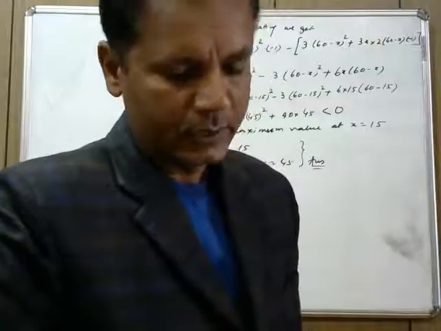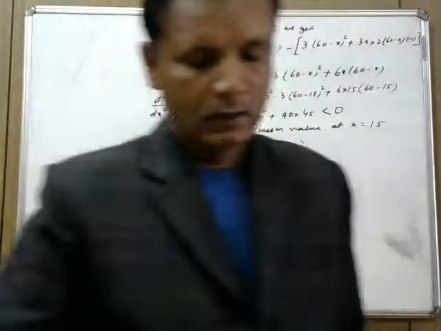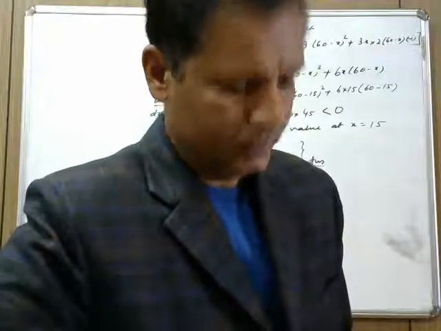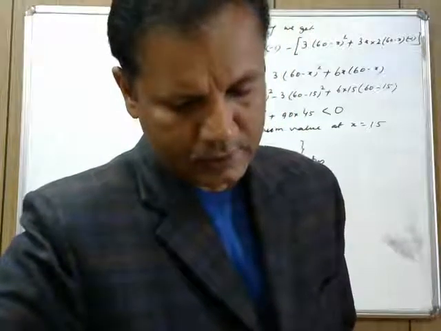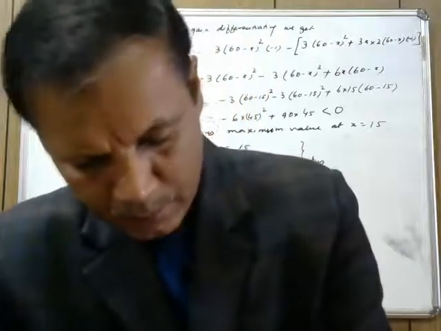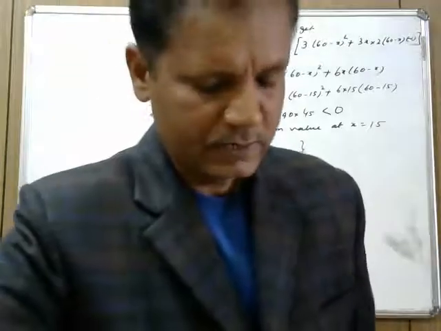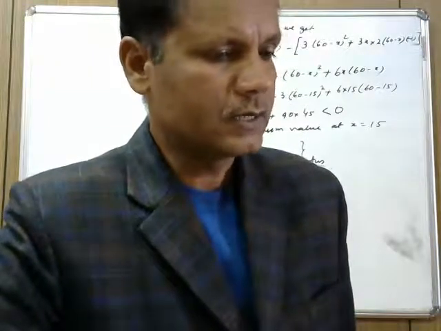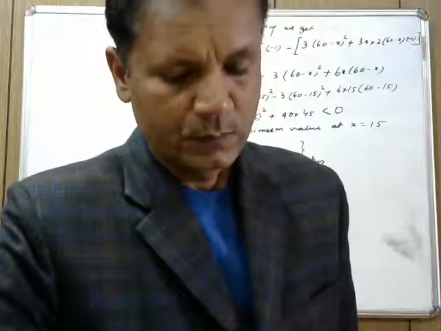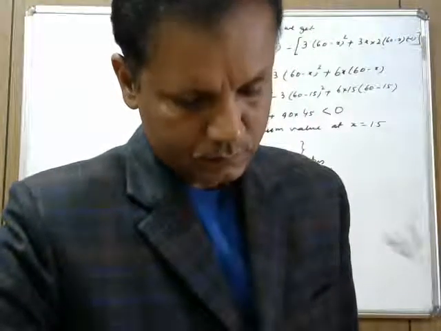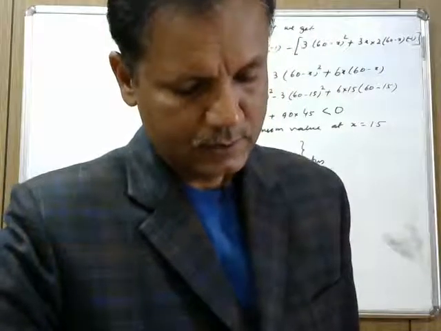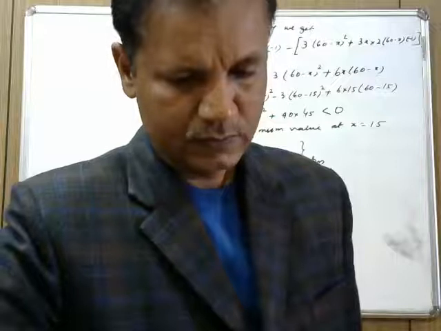Now the question number 13, find two positive numbers x and y such that their sum is 35, that means x plus y is equal to 35, and the product x square y to the power 5 is maximum. Same way, x plus y is equal to 35, therefore y will be 35 minus x, and now in the given function p is equal to x square y to the power 5, replace y by 35 minus x, and we solve it further.